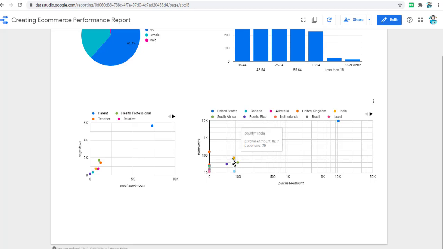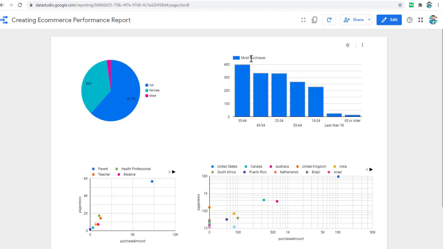So when you hover your mouse over the bubbles, it shows you different countries and it becomes easier to view. When you share your report with different individuals and they enable this, they will be able to view it in a more visual way and it will be easier for them. It's not necessary that you have to display all the information like a static report. For example, like this report, even though it just shows you most purchases, still you can add more data points, you can show more metrics with these purchases.